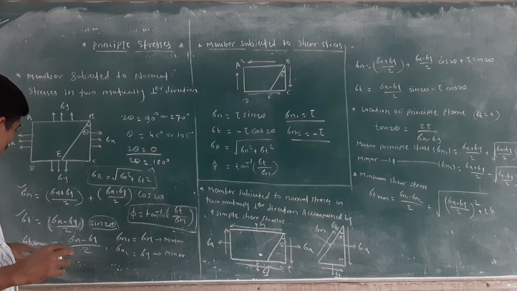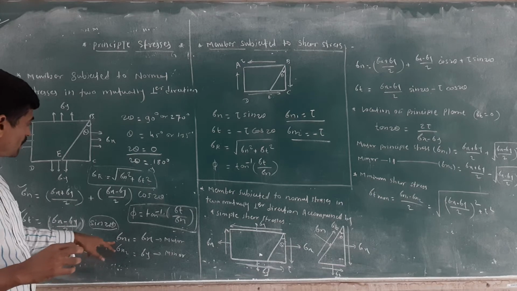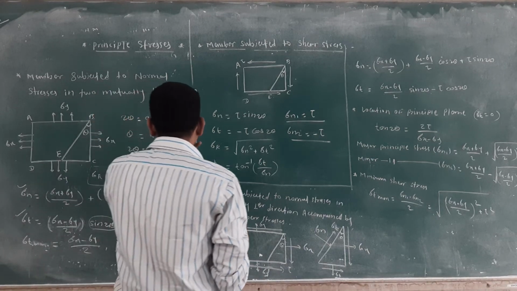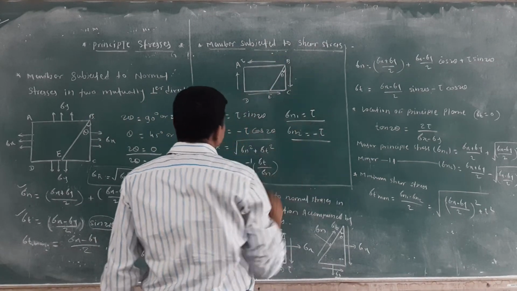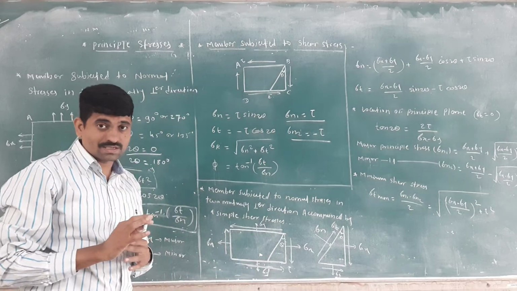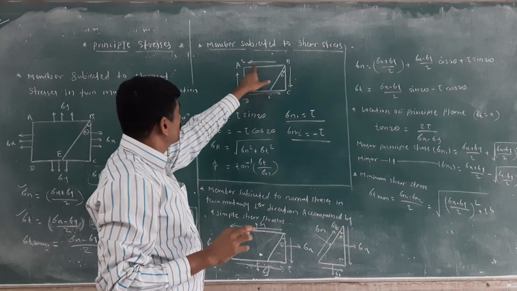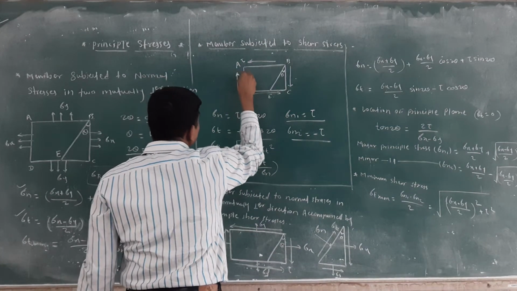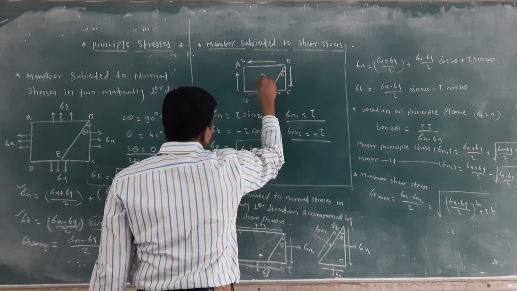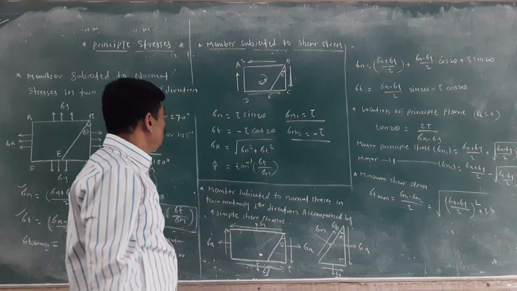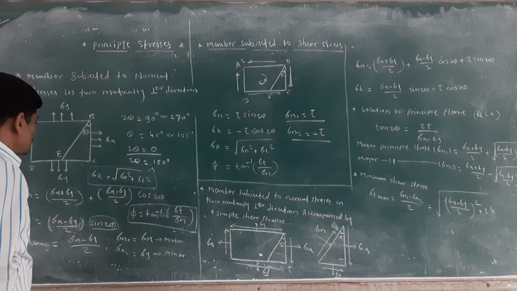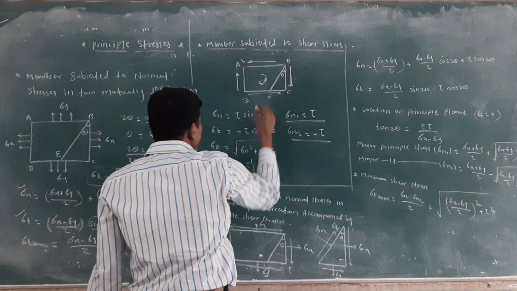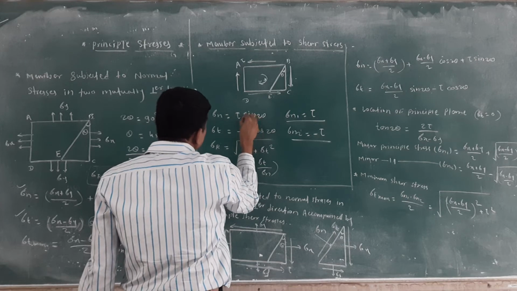With the help of that you can calculate the sigma t, sigma n1 and sigma n2 with the help of theta conditions. Okay, then the next one is a member subjected to shear stress. There is no normal stress. Normal stress is 0, only the shear stress is there. We have seen the sign convention also. See, upward and downward direction means here a clockwise direction is positive. Then if you have calculated the normal stress acting on this principal plane, again check that.